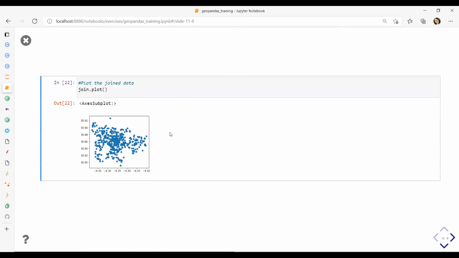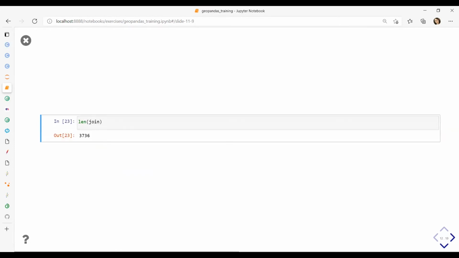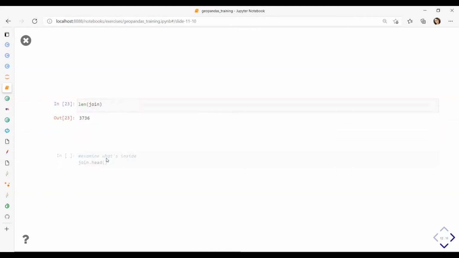We're going to spatially join our Adzuna dataset and the Glasgow boundary. Right. I'm going to check the length of my join. So now it's quite a small and manageable dataset, and I'm going to remember this number because I'm going to use it for something else as well.